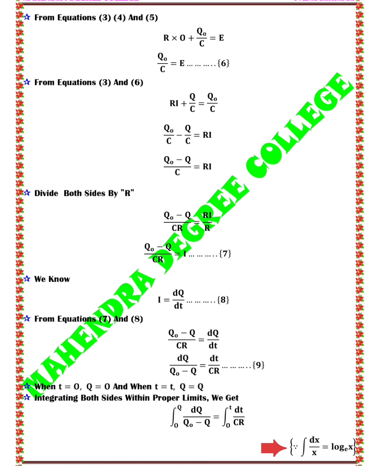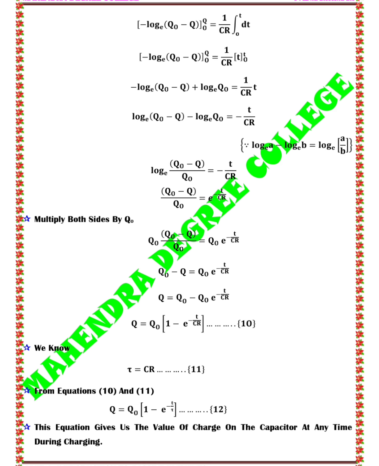So, integral dq by Q naught minus Q equals minus log of Q naught minus Q. Here, minus log Q naught minus Q with limits 0 to Q equals 1 by CR integral 0 to t dt,